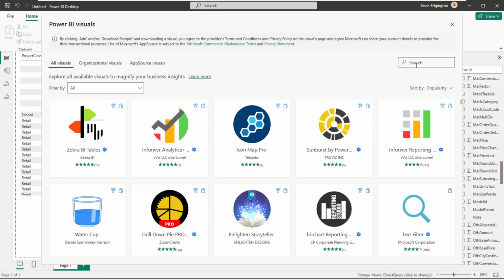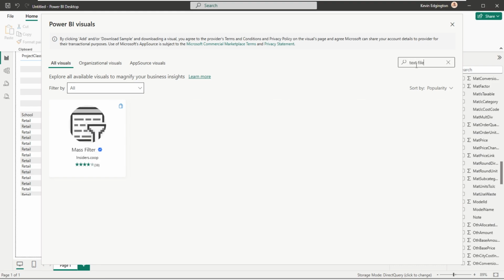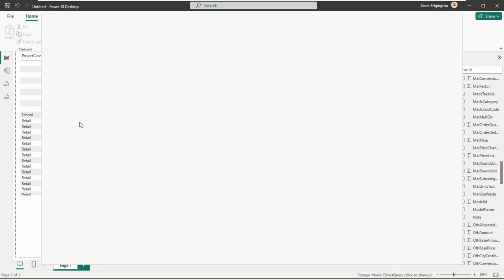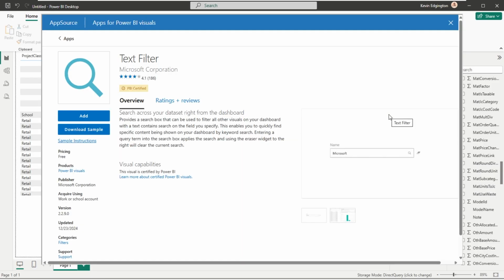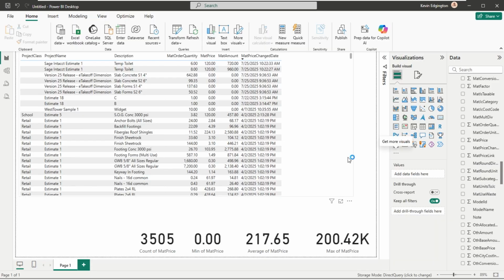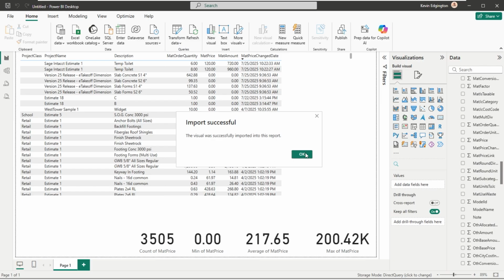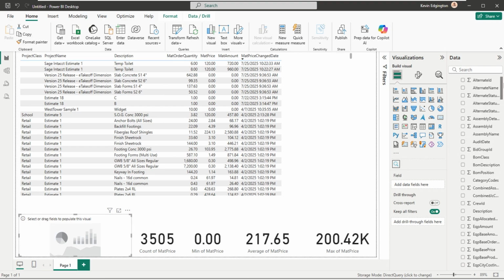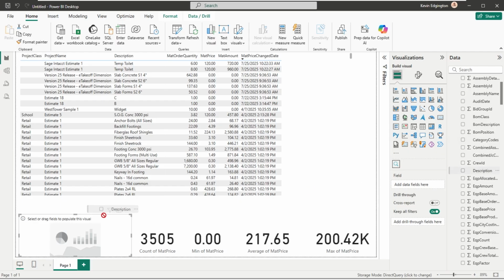So if I come up here to the top and say text filter, this is what I put in mine, where I was basically just using this Microsoft text filter. It takes a moment here, and I want to add it. And now that just added this little text filter box. I want to make sure that I'm not highlighting one of my existing ones, and I hit it so it drops that in there. And let's say that I wanted to look through my descriptions. So where's my estimate description? Let's go ahead and drag and drop that onto the box there. Then if I come back in here and say something like a nail,